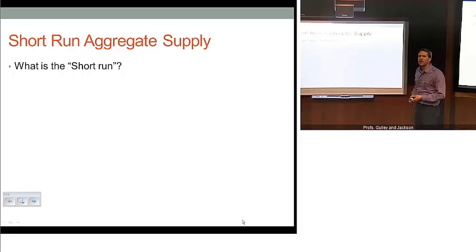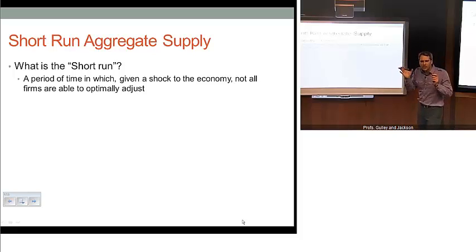So again, this idea here is, what is the short run? What defines the short run? Basically, the notion of the short run is such that if you have a shock to the economy, it's a short enough time horizon such that not everyone in the economy can react optimally to those shocks. So if you're a firm, you might have some contracts under specific prices in which you can't adjust those prices. So maybe you adjust the amount of production in some sense, okay? And so it takes time for shocks to ripple through the economy and for product and labor markets to clear fully. So what we're thinking about is backing up from that point in time. This could be 3 months, 6 months, a year, maybe even 2 years before shocks push through and ripple through and have their full